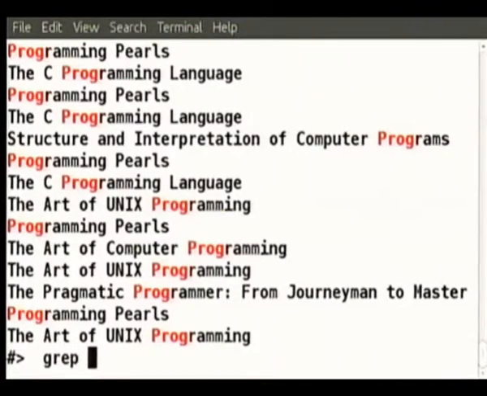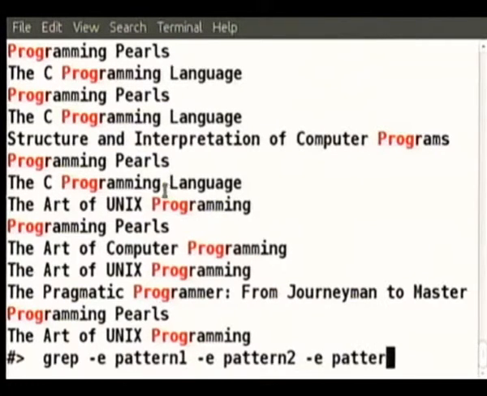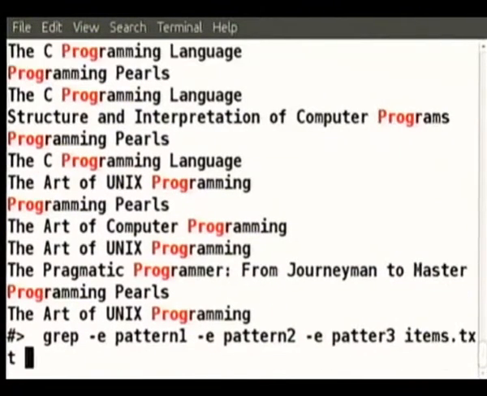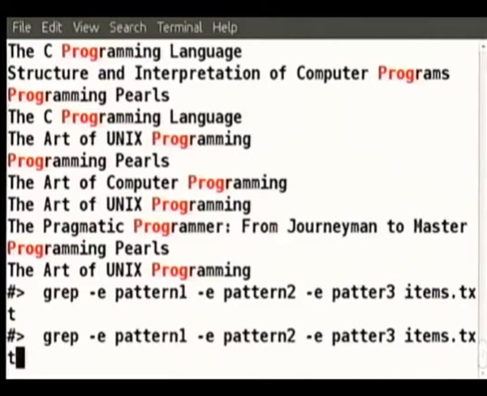If you are interested in printing all those lines which have at least one of these search patterns, then it is easier: grep -e pattern1 -e pattern2 -e pattern3, any number of patterns with the -e option between them, and then finally the file name.